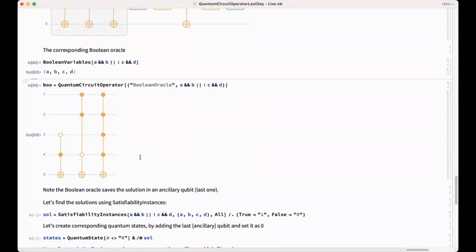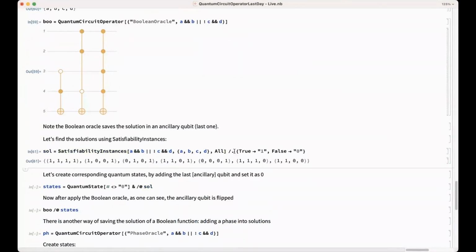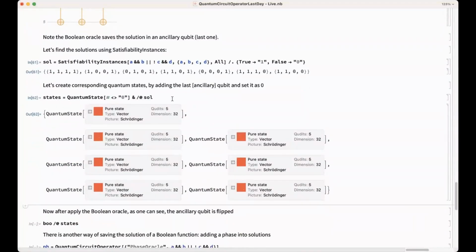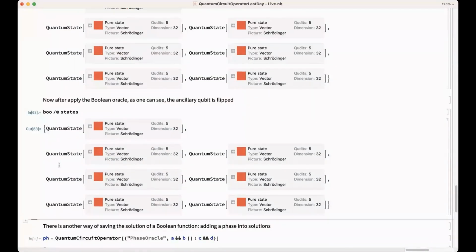Okay, for example, let's explore it using different functionalities in Wolfram language. For example, we can find all the solutions for that Boolean function. Okay, the last command, the replacement that you see at the end, is just replacing true and false with 1 and 0. So these are all the solutions for that very particular Boolean function. Now we can prepare these quantum states, and of course the ancillary qubit in the ground state 0. So this is the collection of states that we expect to be the solutions of that Boolean function. Okay, now if we apply the Boolean oracle on all of those states,